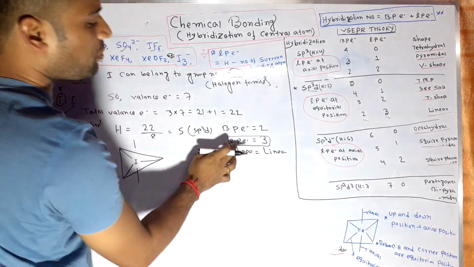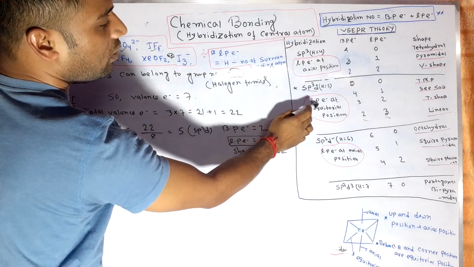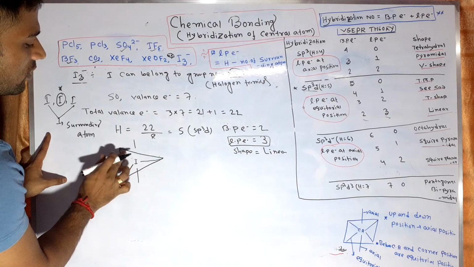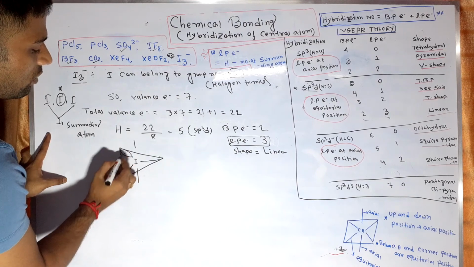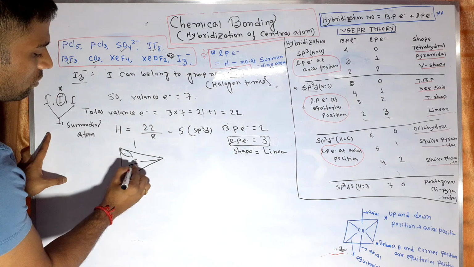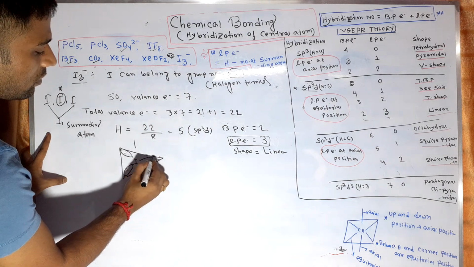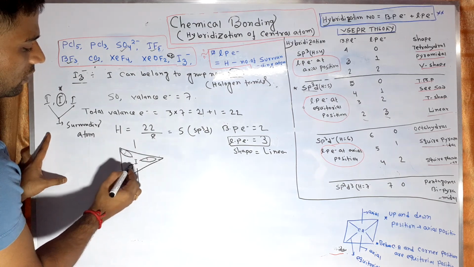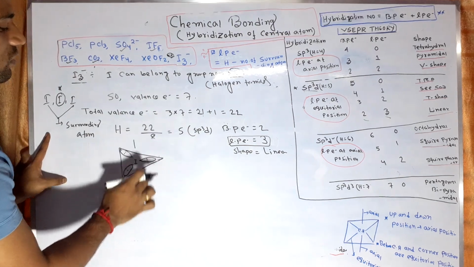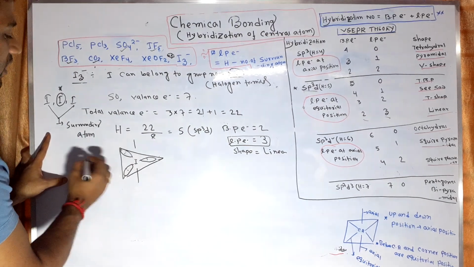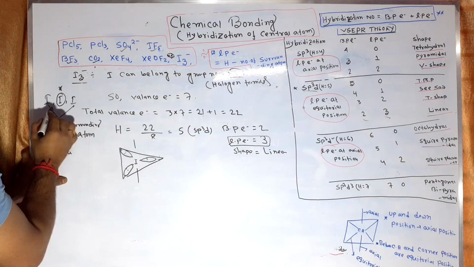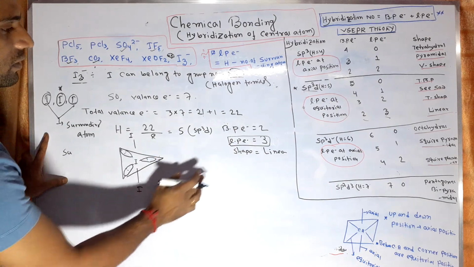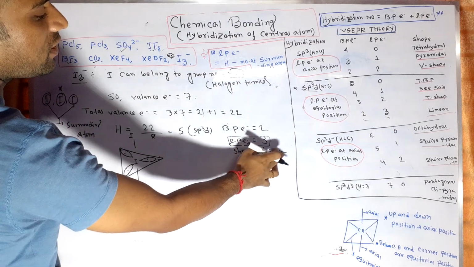Which position do the lone pair electrons occupy? Note this: lone pair electrons occupy the equatorial positions. So we draw 3 lone pairs at the 3 equatorial positions. The 2 axial positions are empty, and the remaining 2 surrounding iodine atoms occupy them. Then the geometry shape is linear.